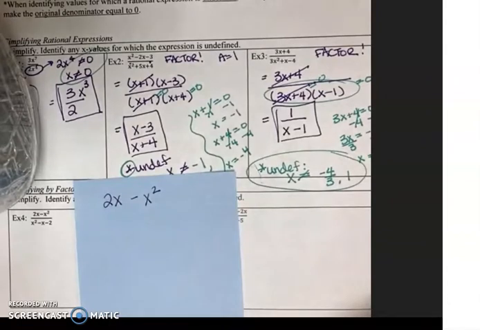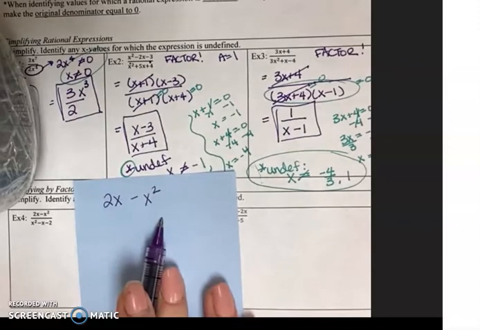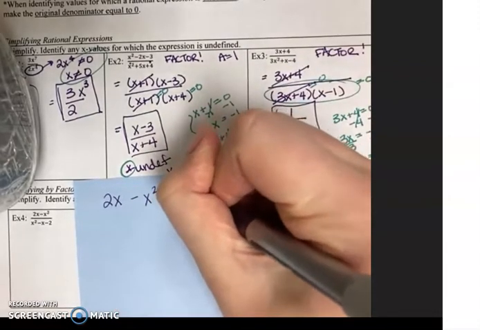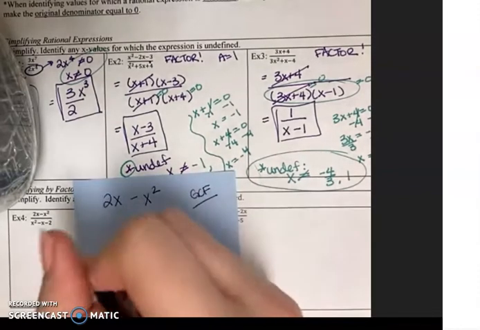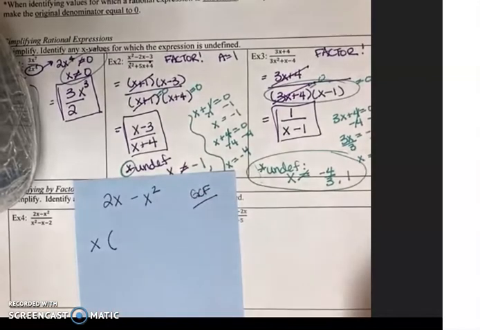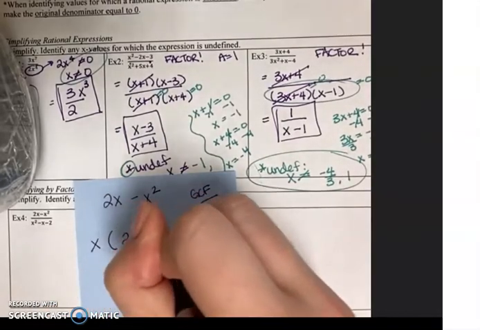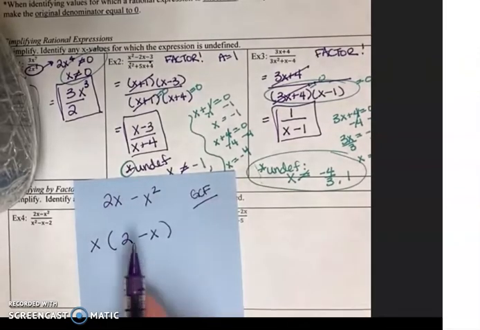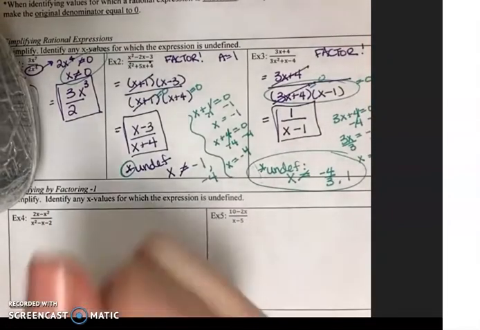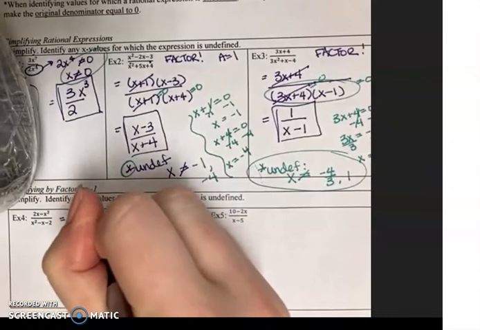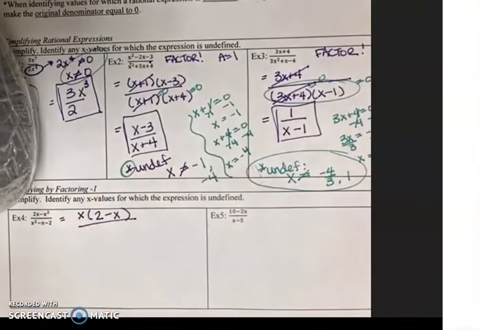So if I were to ask myself, how could I simplify this, or factor it, excuse me, we're going to have to use the greatest common factor here. Remember, you should always be looking for a GCF first. The GCF here is x. So I'm going to pull out an x, which leaves me with 2 minus x. And I cannot factor that any further. So I'm going to go ahead and rewrite my numerator as x times 2 minus x. Now the denominator